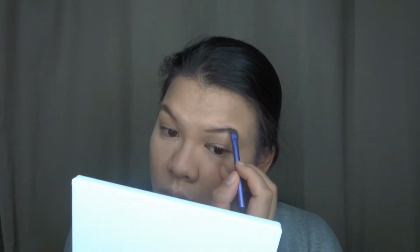I just tend to take a little bit of product because lately I've been using a lot and my eyebrows have just been so dark. It's just not nice. So I don't think I'm meant to do this, but I tend to go like this and then just draw it, just slowly and gently. Then spoolies, and I just tend to go back